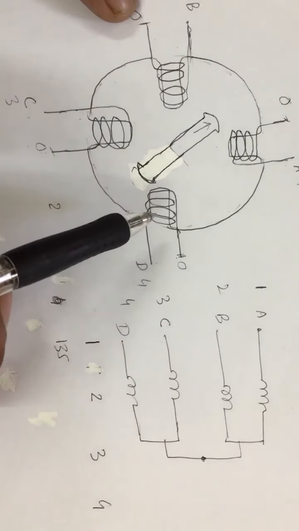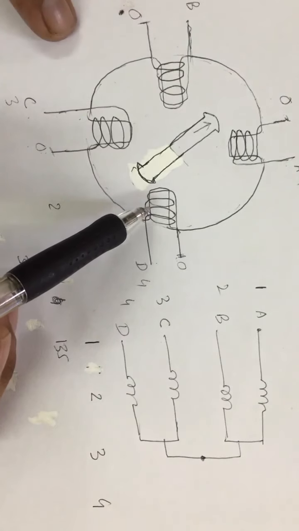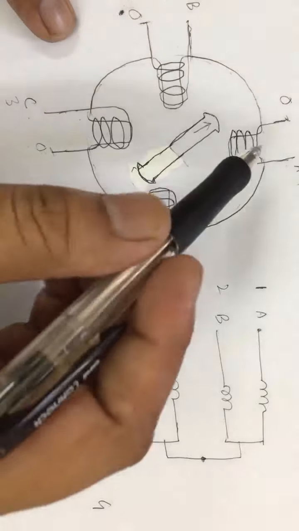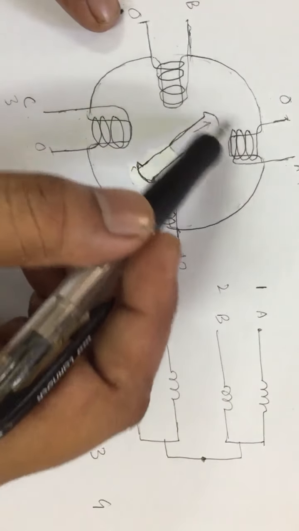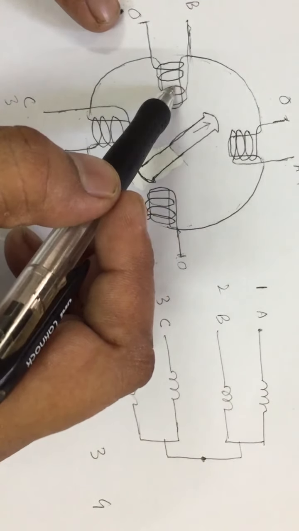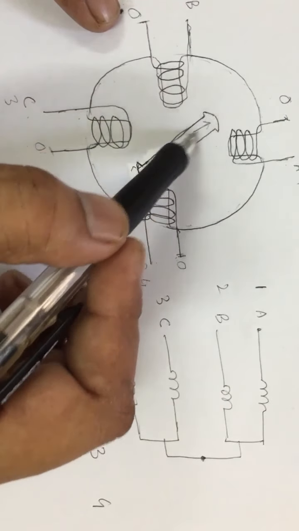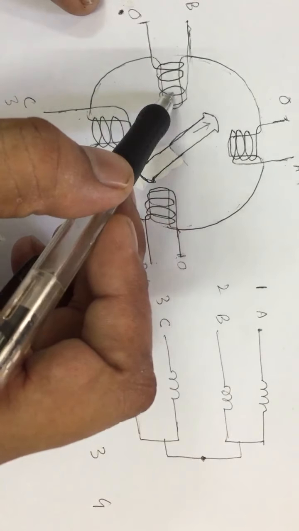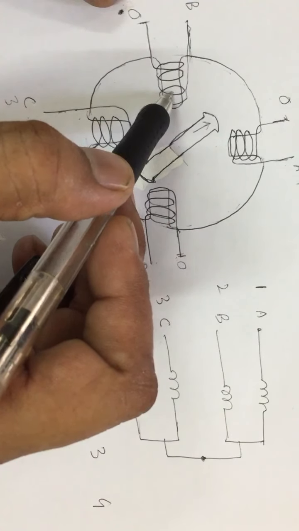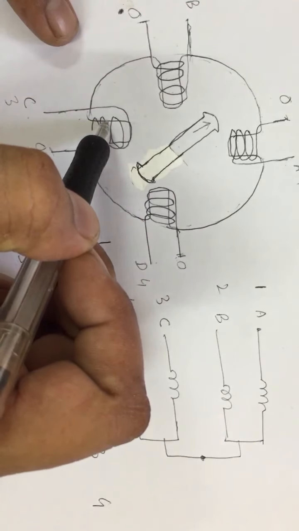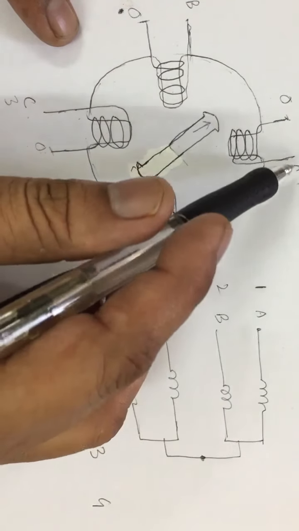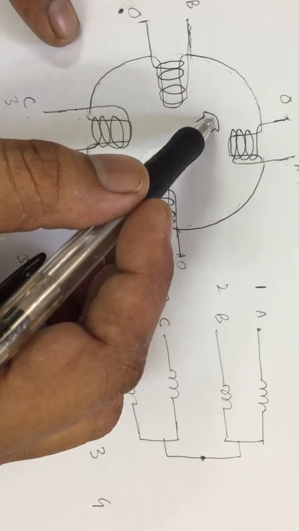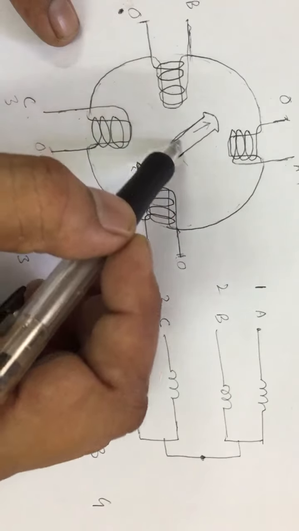These 4 windings get signals from the push switch in the experimental setup to energize them. In the beginning we are energizing these 2 windings. At that time the rotor takes this position to follow the minimum reluctance path. After this, we are energizing these 2. In that case, the rotor tries to align to follow the minimum reluctance path and it will switch from here to this direction.